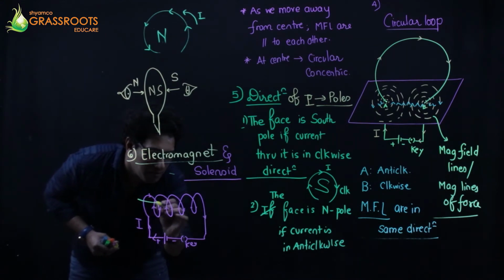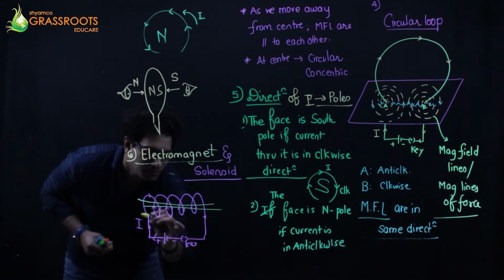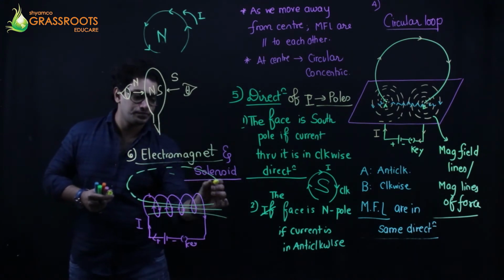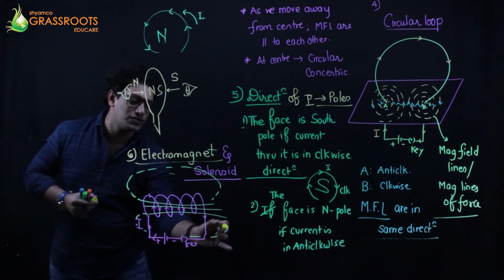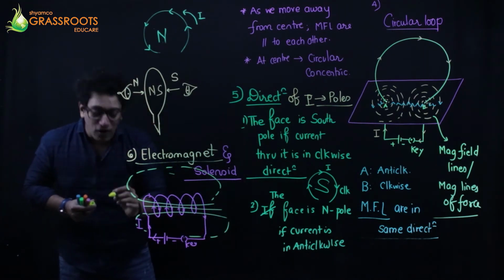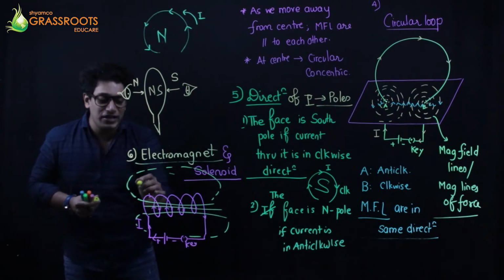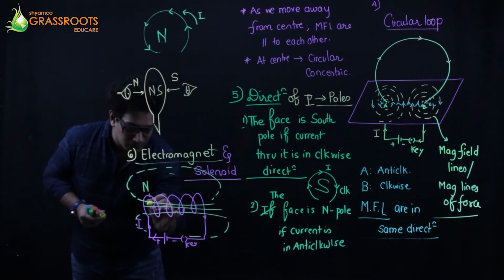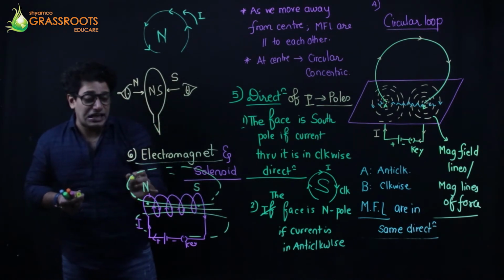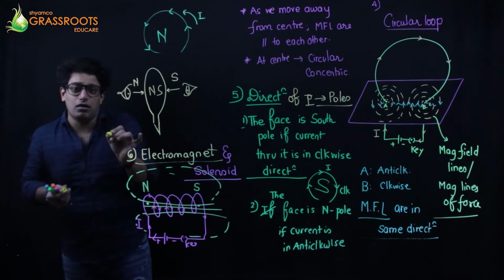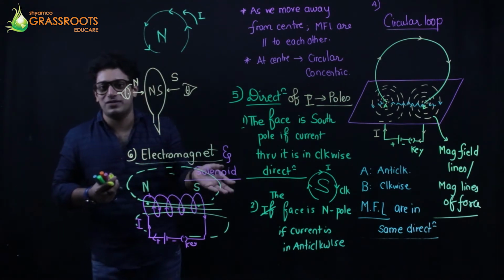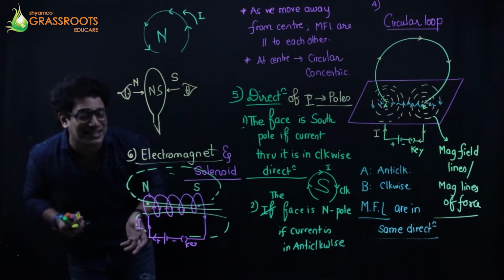Magnetic lines of force will be somewhat like this, and they will go. They have to be closed continuous loops. So I can say that one of the poles is going to be North Pole and one pole is going to be South Pole. Obviously, whenever current flows through the wire, the wire behaves like a magnet for some time. Till when will that magnet act?